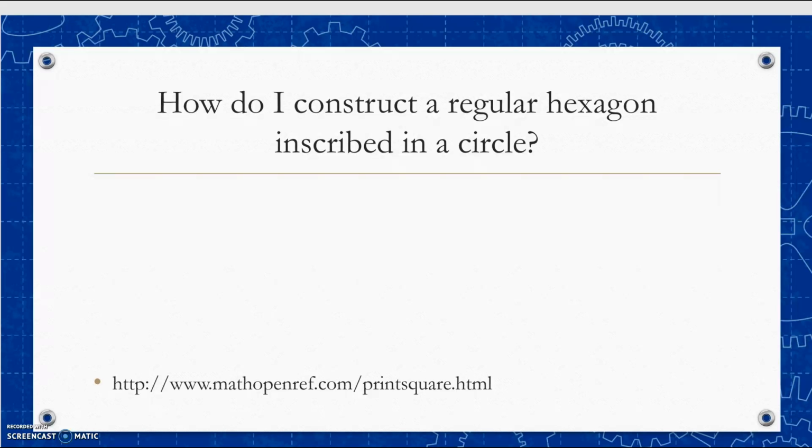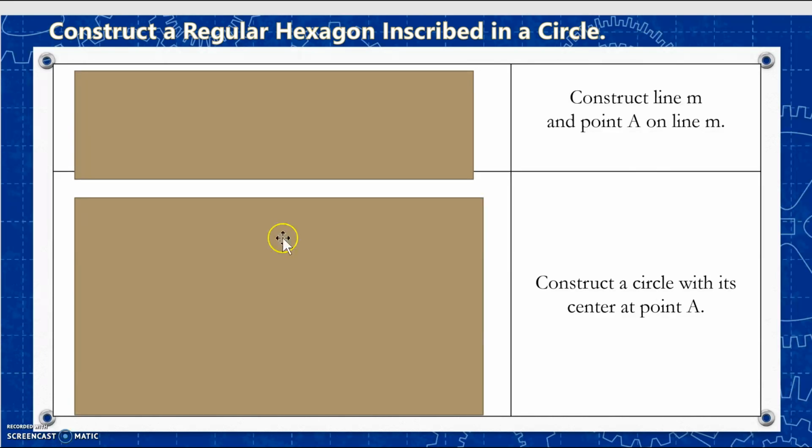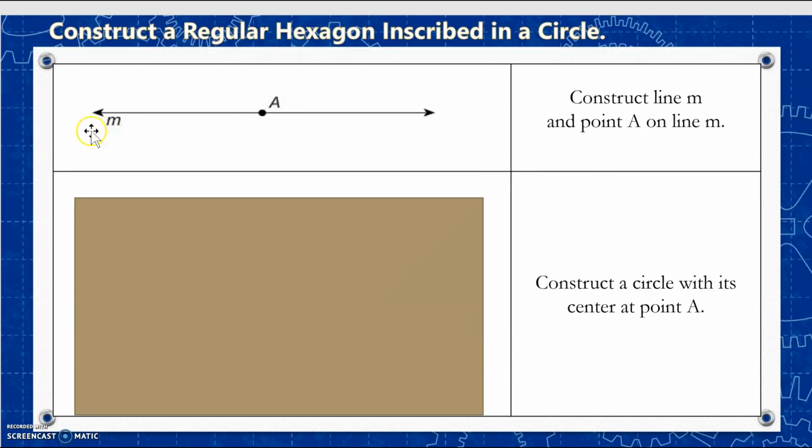Now we're going to construct a regular hexagon inscribed in a circle. First, we construct a line M and place a point A on line M. So we just construct a line with our straight edge, put point A wherever we feel like it should go. Now we're going to use point A as a center point